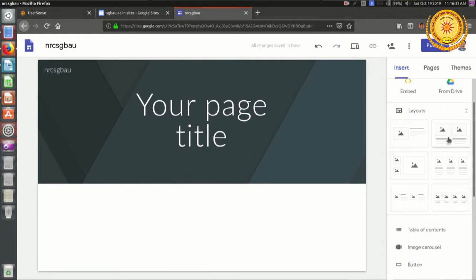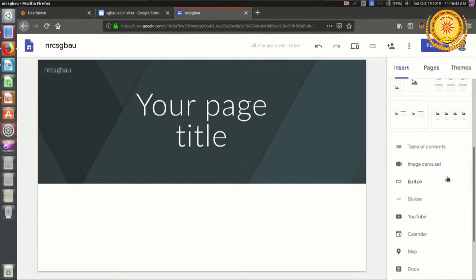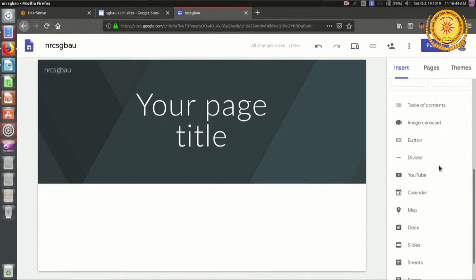These are the layouts of how the objects can be placed on any web page. Then just below that there are several other objects that can be placed, like table of contents, image carousel, button, divider, videos from YouTube, and many other things.